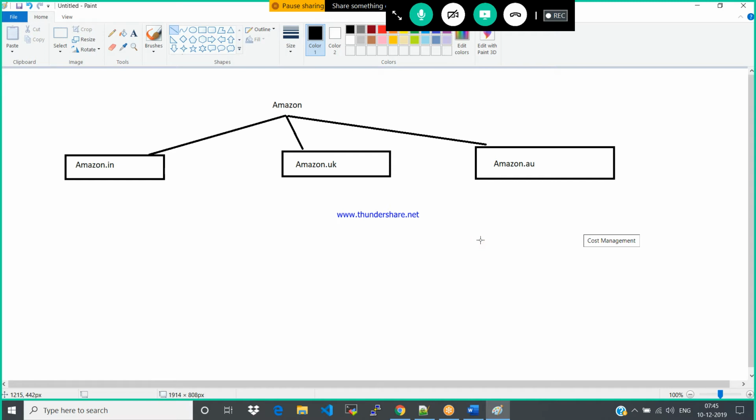Individual domains again. As I told you, these are all individual domains. There is no correlation between the subdomains. Now, I am going to have the application for UK or India. For this, I have multiple environments like dev, test, production. So for each and every